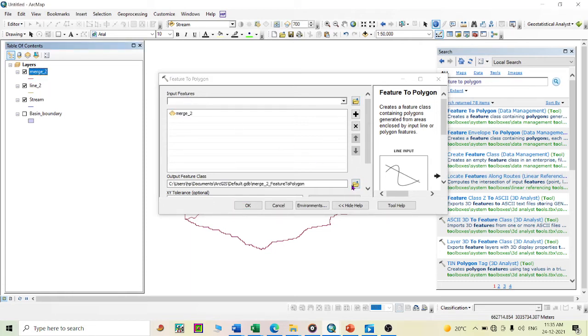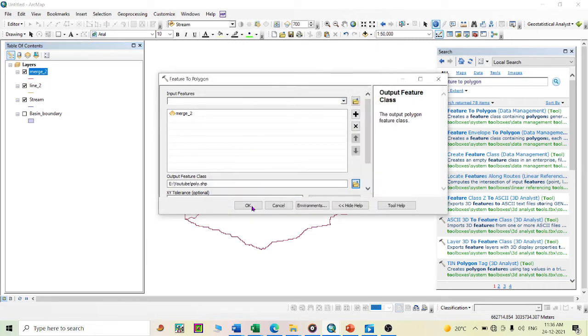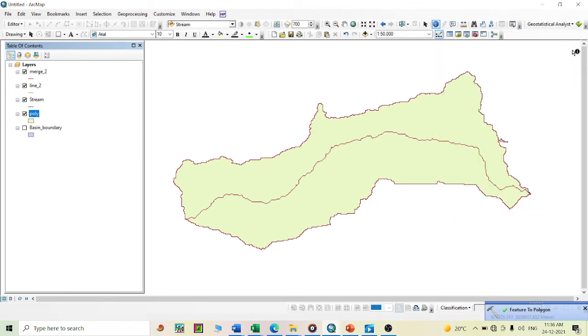Same thing, choose your output location, save it and click OK. And we do not need this search menu, just close it and uncheck all.